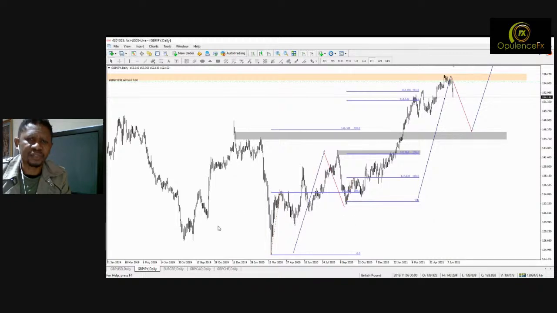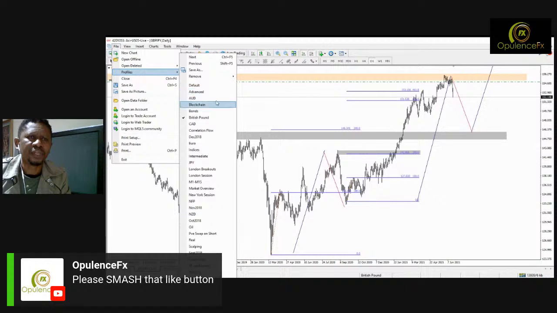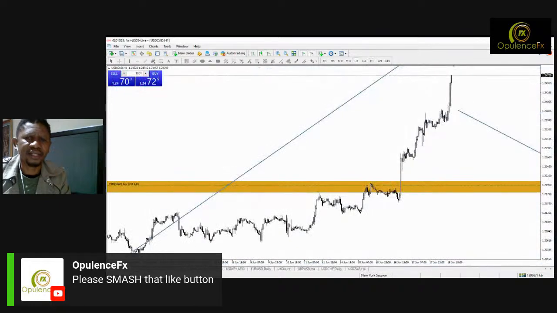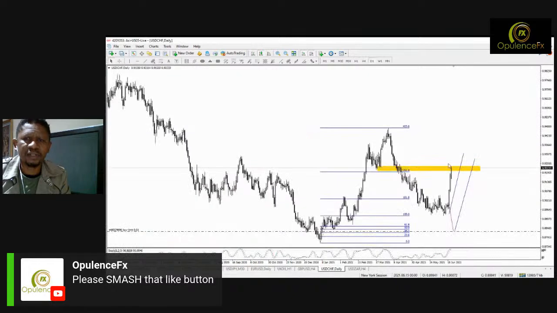All right, so that's what we're looking at right now. We are now looking at the dollar currencies, and let's look at it together. The Nasdaq, there it is, the dollar. All right, there's the dollar Swiss franc. The dollar Swiss franc seems to have reached this. I wouldn't call it a soft one, but based on the space that is left for the Swiss franc yen, perhaps the price could pass.